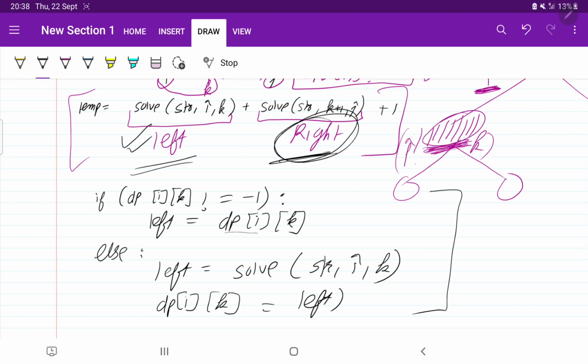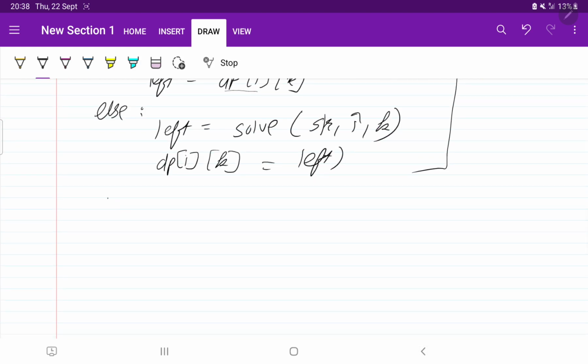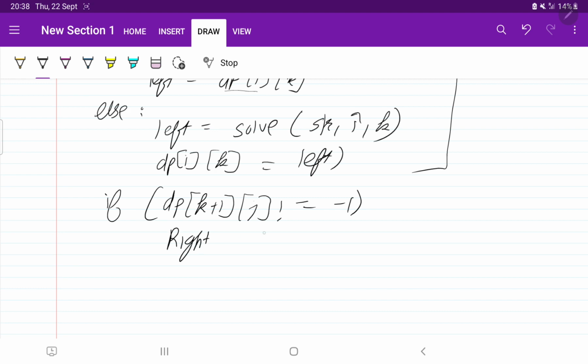We need to do the same thing for the right part. How are we going to do it? We apply the condition: if dp of k plus 1, j is not equal to -1, meaning the right part is already solved, then we store the dp matrix value in right.